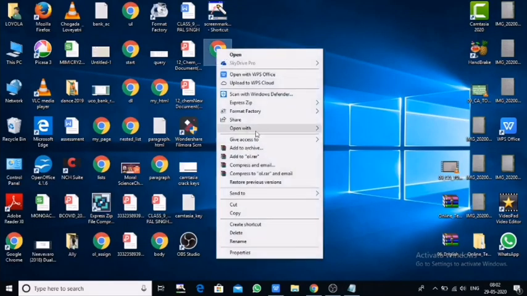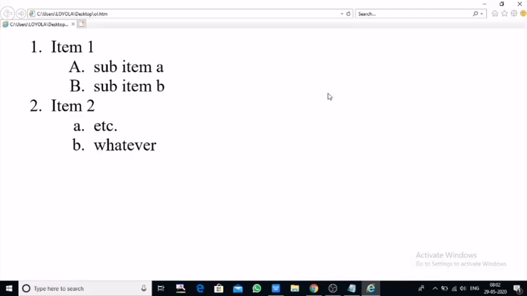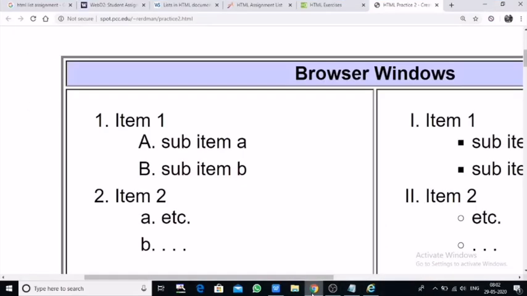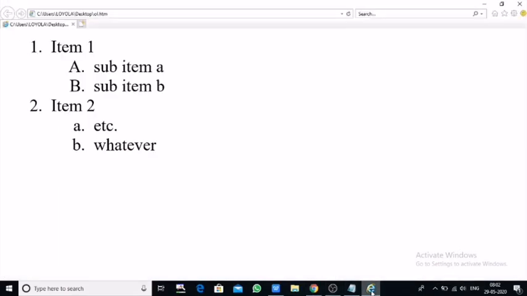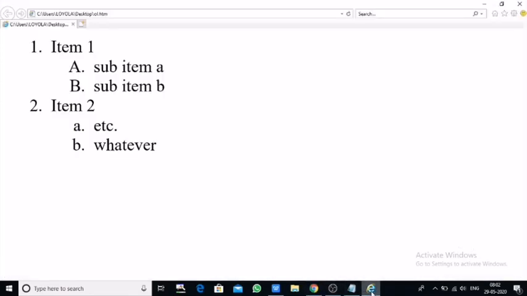OL, open with Explorer. You can see it in Chrome or Firefox also. See how it is coming. Output of this. See here, this was the original one and this is ours. So this is actually an ordered list only, but a nested ordered list, a nested list we can say, right?